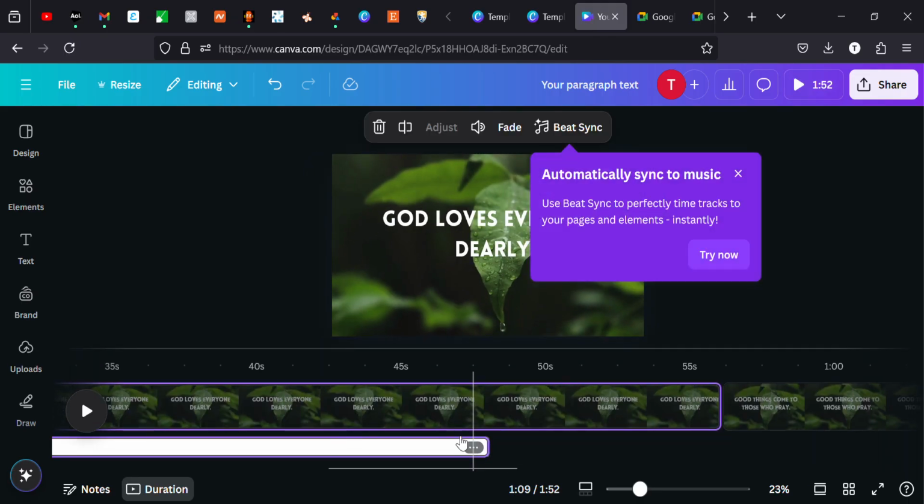Now, don't forget to click on the audio, okay? So we don't need this. Since it has brought up the notification, let me just tell you what this is about. This automatically syncs to music. For example, if you have a high beat one and you want everything to sync with the music, you want the video to